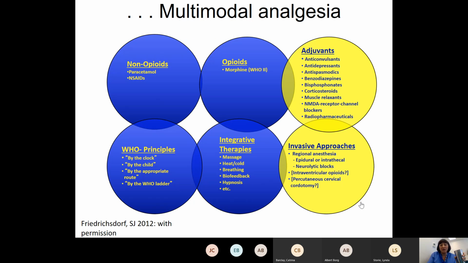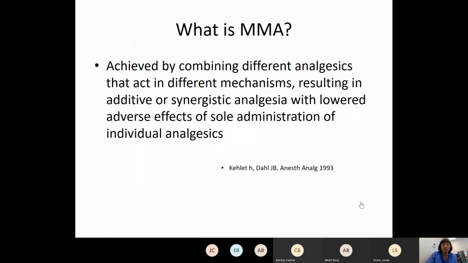What I'd like to just have in our minds as we leave this talk is this idea of multimodal analgesia, which is using, as it says, different modes to treat pain, which sounds very simple, but it really is important. We achieve this by combining different analgesics that act by different mechanisms to result in either additive or synergistic analgesia, which allows us to reduce the side effects that we might see when we give just one